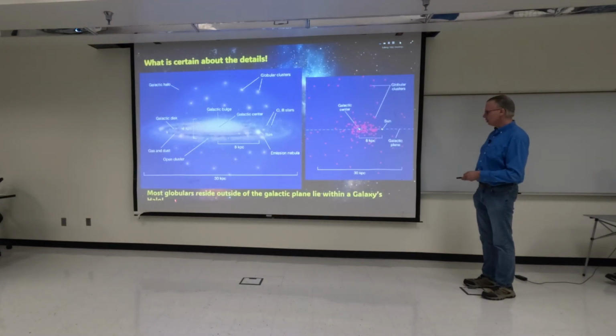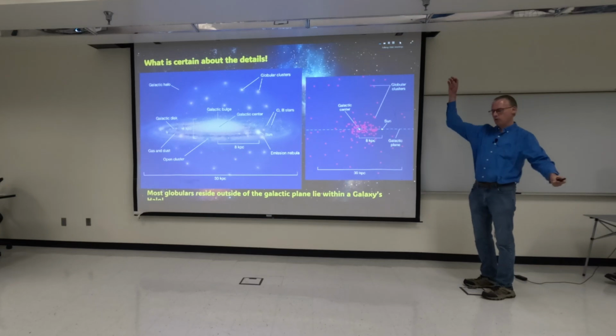So most globular clusters reside within a galactic halo. So here's the halo. It would be the same thing for an elliptical galaxy. The only difference is that for the elliptical galaxy, just think of this as being the bulge itself without the spiral arms. And yes, we do get the globular clusters passing through the spiral arms, and some of them can get destroyed and become stellar streams. That is, they're simply torn asunder.